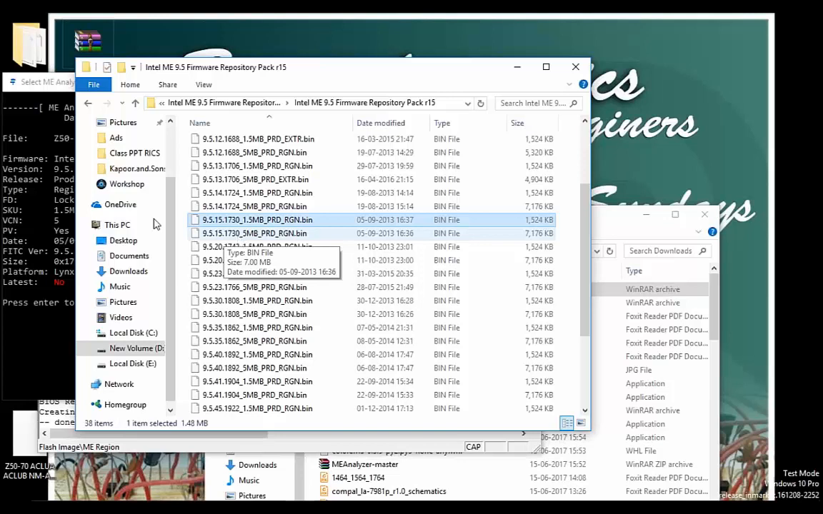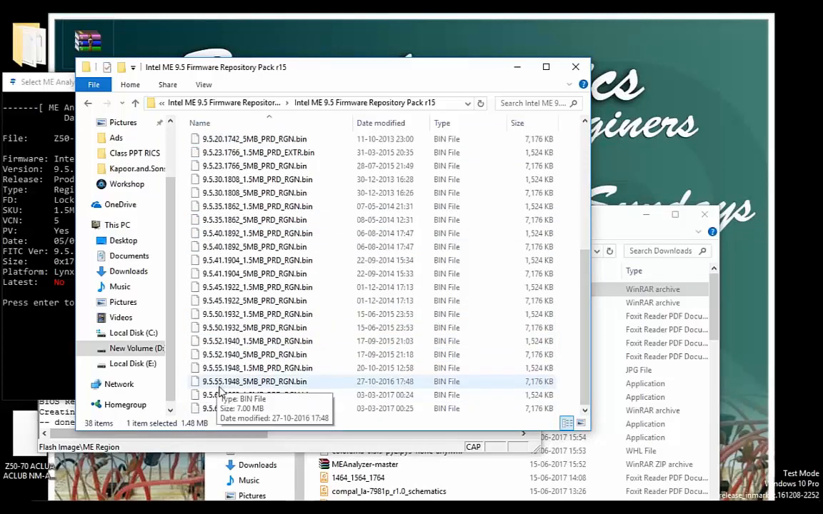Like here it is 15. I should select 16, 17 or whatever the higher version is. You should select any higher version. I can see that here it is 9.5, 9.5, 9.5. All of this is 9.5, which means I can use something like 7 MB. Here it is 1.5, right? So I can use the